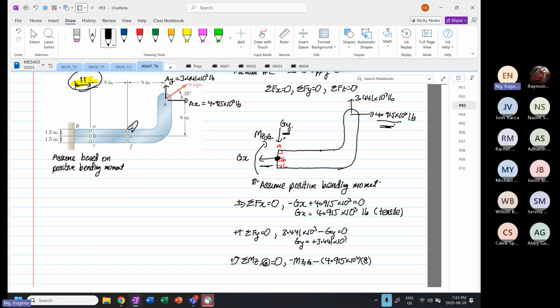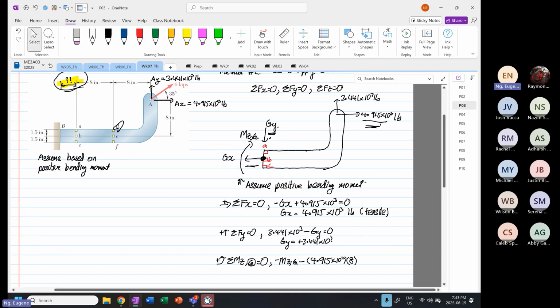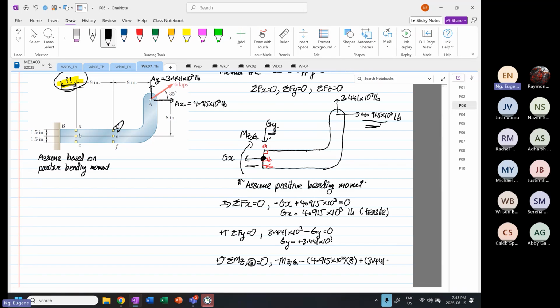And the 3.441 is going to generate anti-clockwise plus, okay, 3.441 times 10 to the power 3 and multiply by